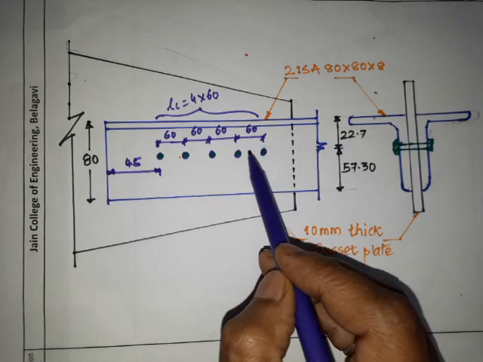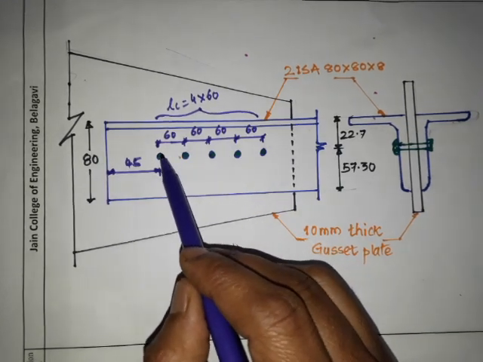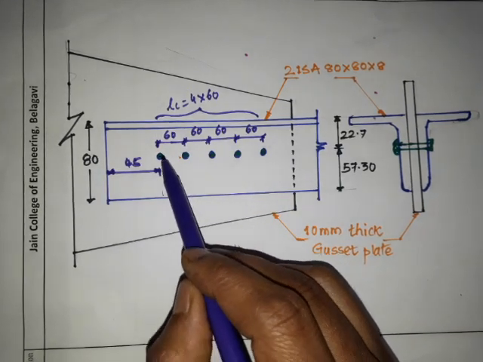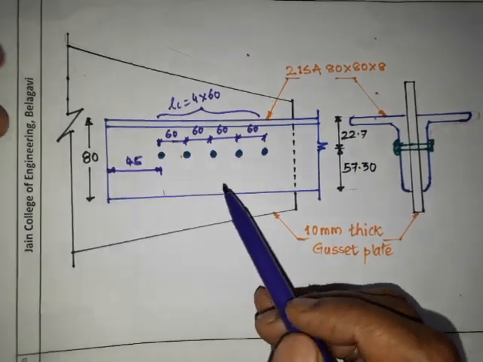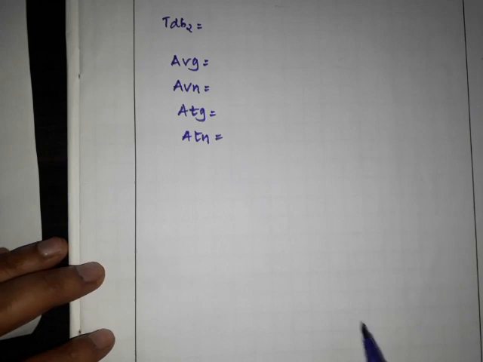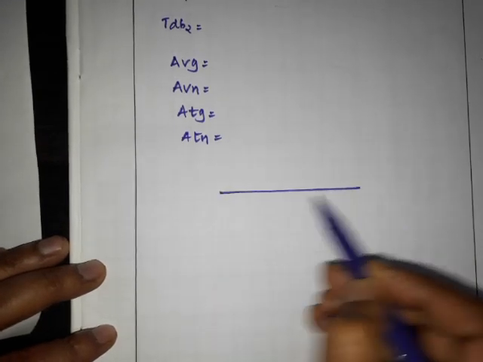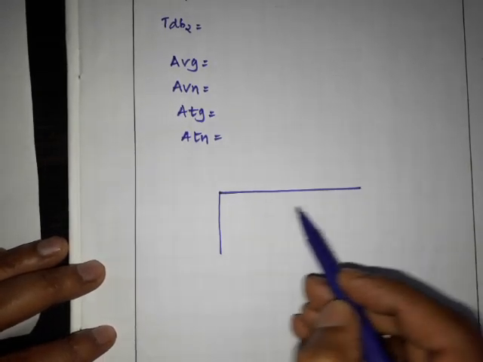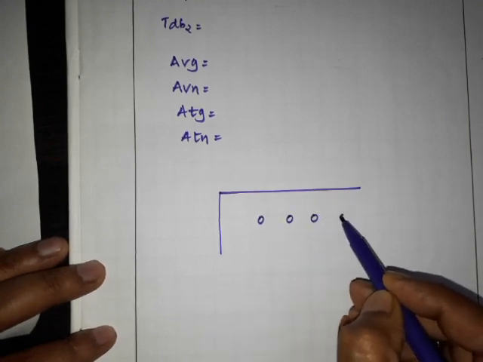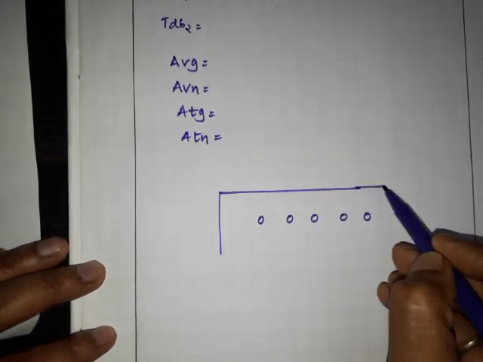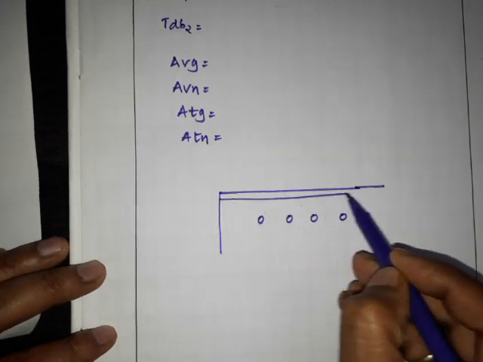So the force will travel and again it will travel like this, and whatever this part is will cut like this. So if you want, I'll show you like this. If the section is like this, we have the bolts here, and we have the angle thickness.